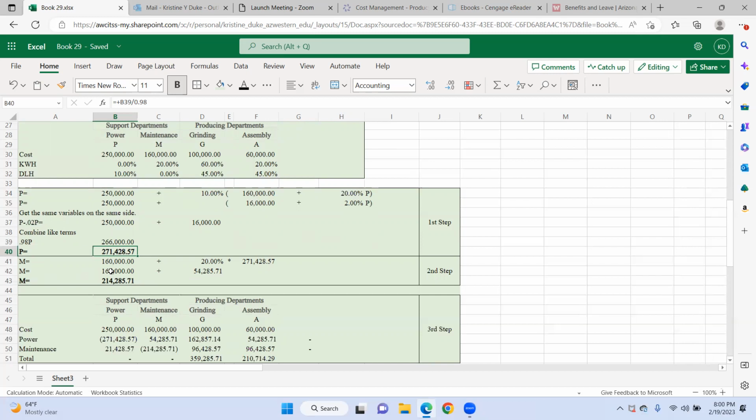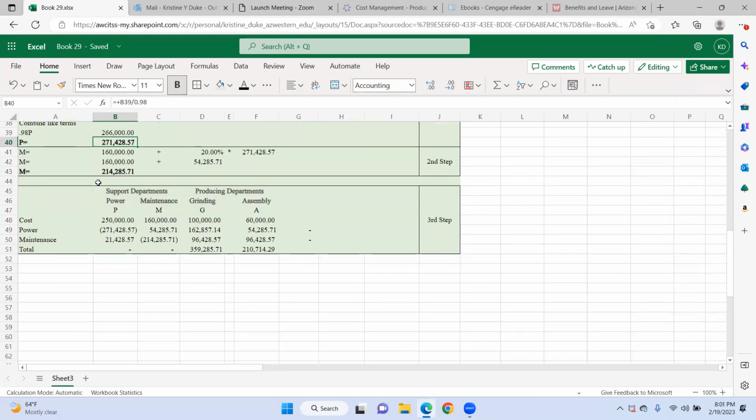So let's make sure this works, because I was like, oh, if I do all this math, y'all know I don't like math. If I do all this math and it doesn't pan out, how am I going to explain this? Okay. So I've got the power and I have maintenance. So here we go. I'm going to start with my 250, my 160, 100, and 60,000. There we go. Now I need to take and allocate to maintenance, grinding, and assembly